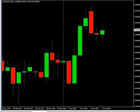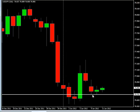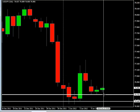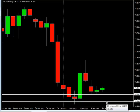Well, what am I looking for during this next session? If we go to the U.S.-Japanese yen pair, talked about this a little bit earlier, we did get an inside bar, just barely created an inside bar. However, we are looking for it to come down. If it does break to the downside, we could get a move